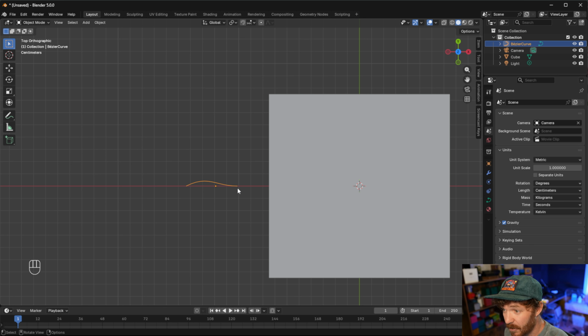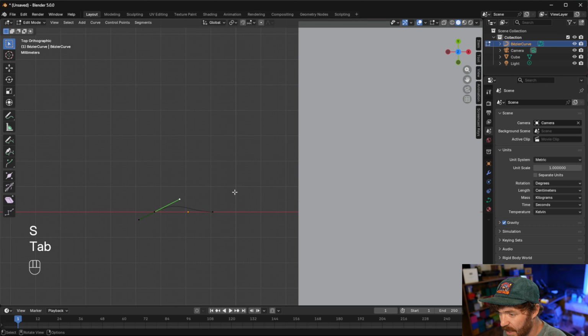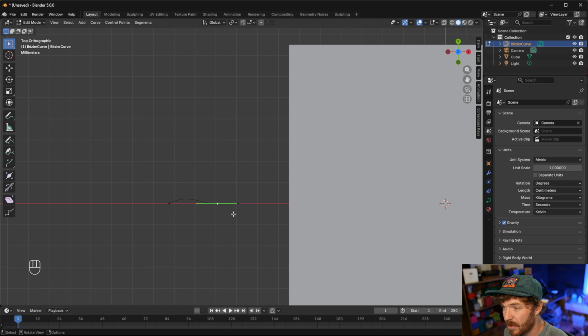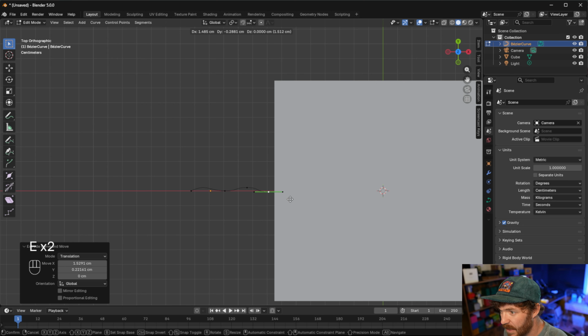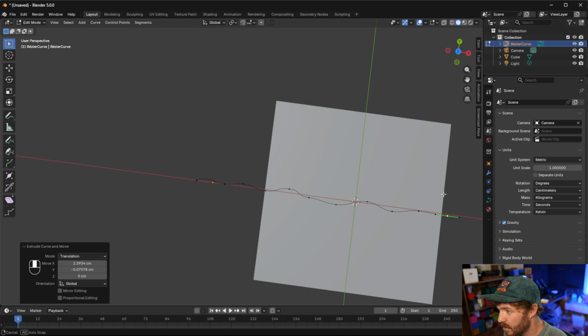So starting with this and grabbing it, scale it quite far down, and then we're going to grab this point here. And much like we would do with our lines or our vertices, we're going to use E to extrude it and just add another piece of curve. Now what I'm going to do, following along here, is make a lined shape like this by just extruding and then going all the way